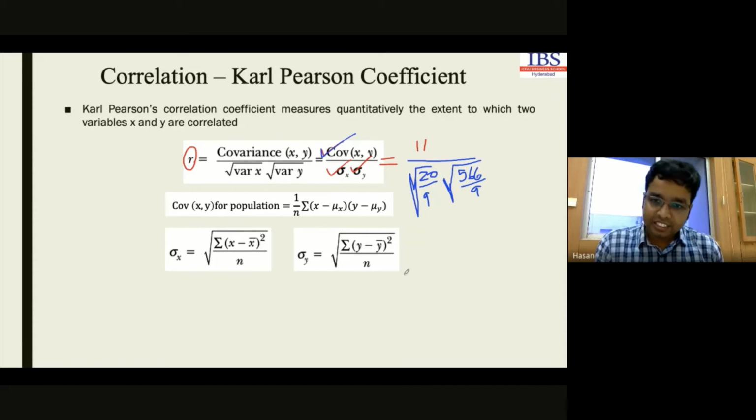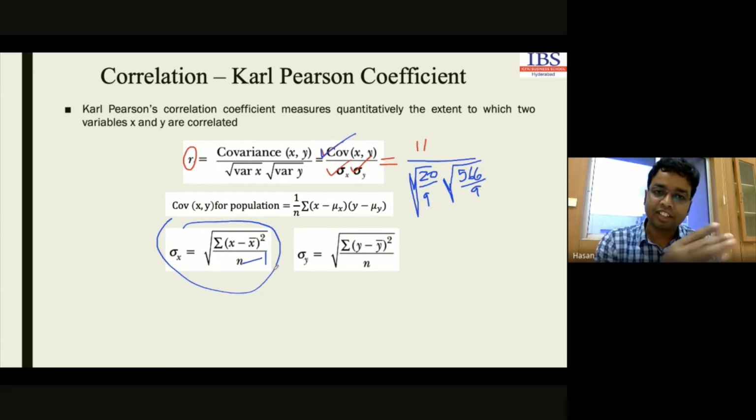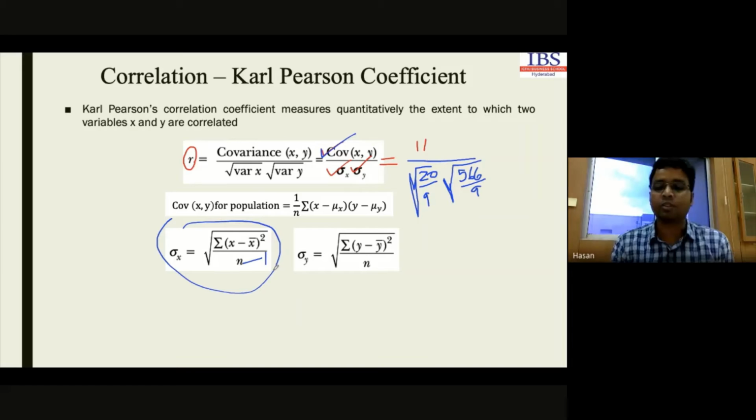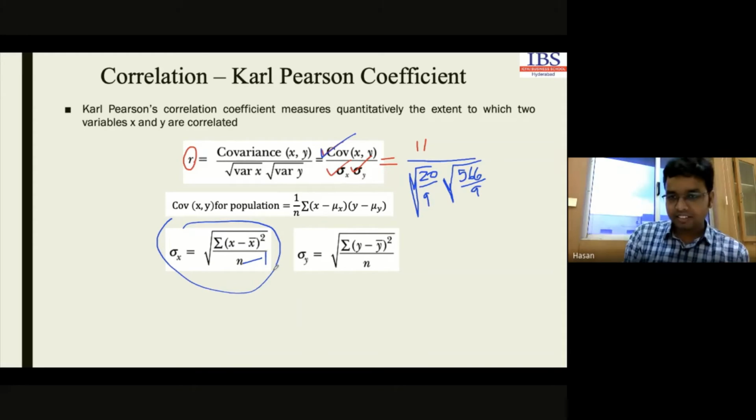20 by 10. You can consider this when your number of data points is less than 30. You consider it as a sample. And for a sample, the standard deviation formula uses n minus 1. That is for a population. For a sample, this part will be n minus 1. Okay, you can go back to the parts where we discussed the standard deviation, and you can find the formula. Clear?